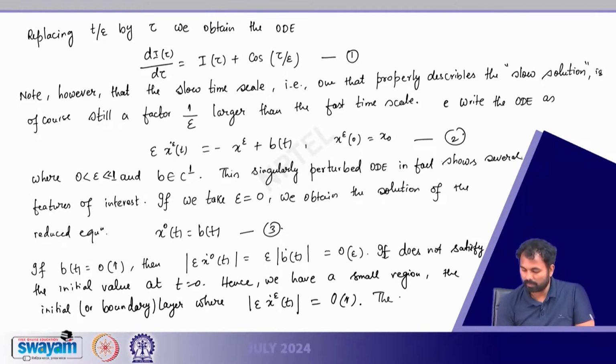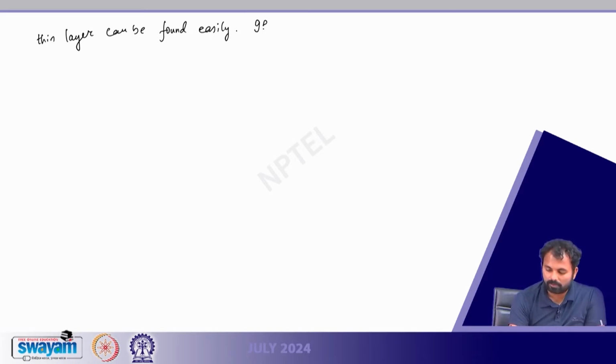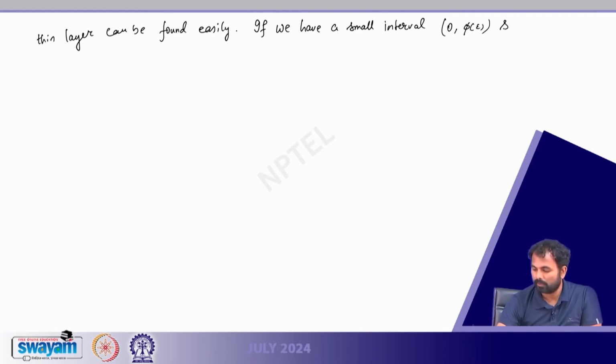And the width of this layer can be found easily. If we have a small interval, interval 0 to, let us say, phi of epsilon, so the interval depends upon epsilon also, say, then